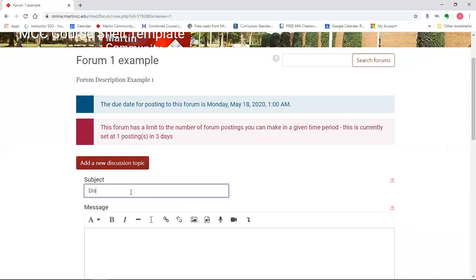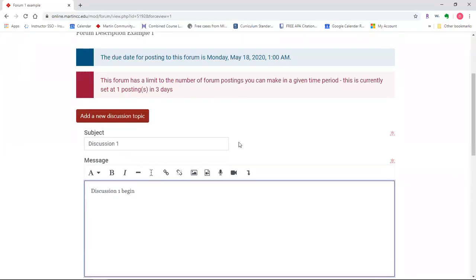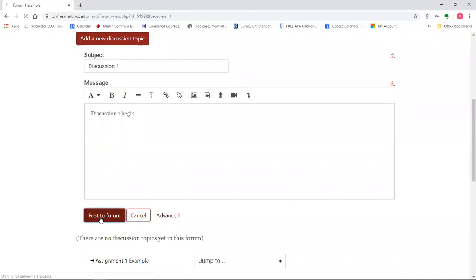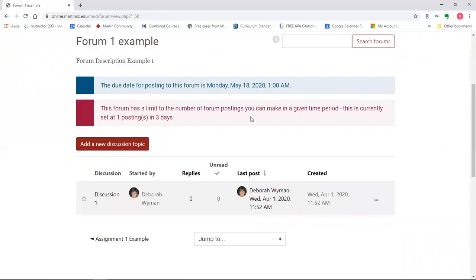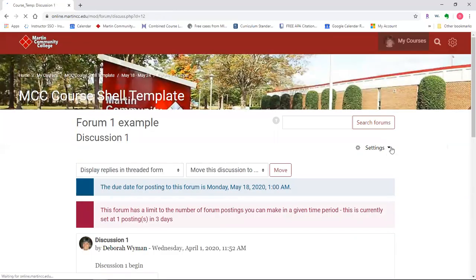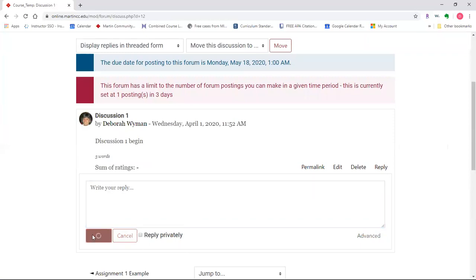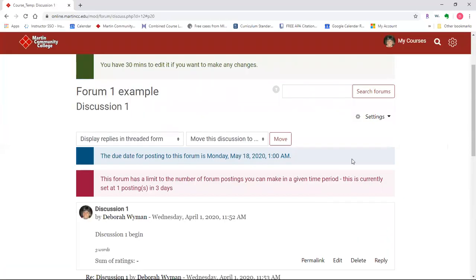So let's just say discussion 1 begin, and we're going to post that to the forum. And then you can see that it's posted here, discussion 1, and then you can reply. So reply 1 and submit. And that's that. Now in this case, I think this date that I set up here is kind of wrong,